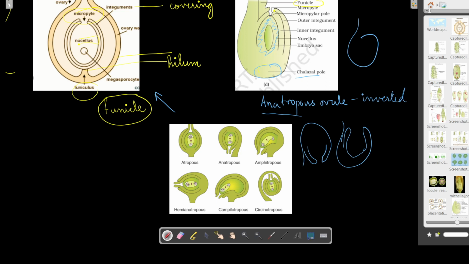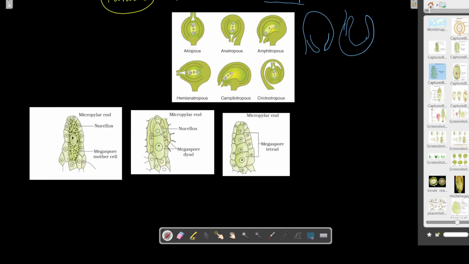Okay. So we know that the ovule is the megasporangium. Inside the megasporangium will be the megaspore. So let's see how that megaspore is formed inside the megasporangium. Now let us talk about megasporogenesis. Megasporogenesis, that is the formation of megaspore. You can see that this is the ovule, where this is the micropylar end, and inside